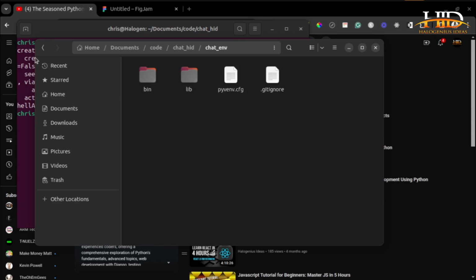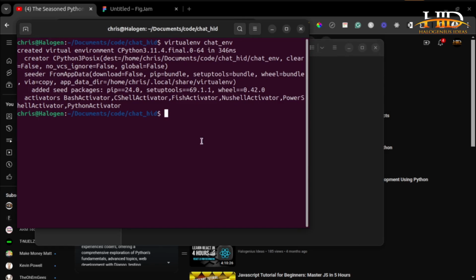So just enter inside the env. You see the libraries, then the binaries for environment management. So cd chat_env. That is me navigating into the chat environment. Then from there, I have to activate the environment before I can do anything. If I use the environment without activating it, it is more like using the global environment of the device, like the laptop itself, just working globally, which is not what I want. So for me to activate,